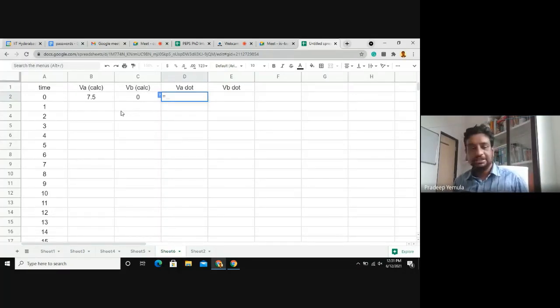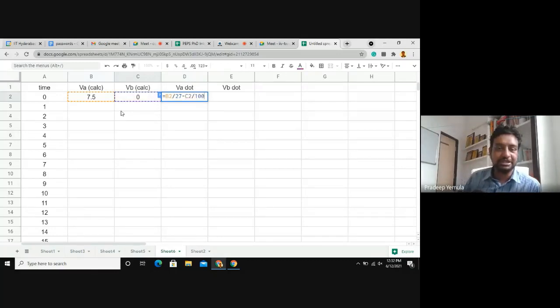So here, C is 100 micro and R1 is 270 kilo, so it will be 27. So 1 by CR1 will be 1 by 27 actually. So here I will multiply by this, divide by 27, and minus VB divided by, now CR2 will be 100. So I'm just inserting the constant values.